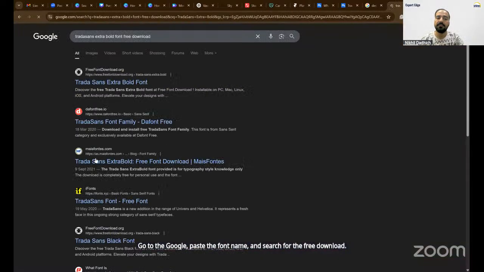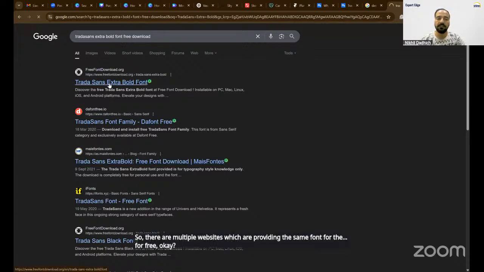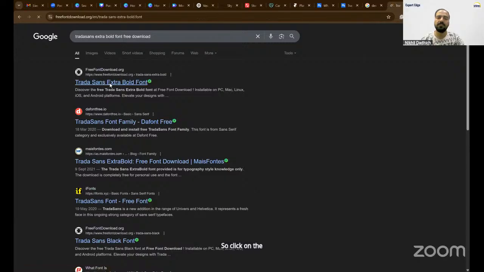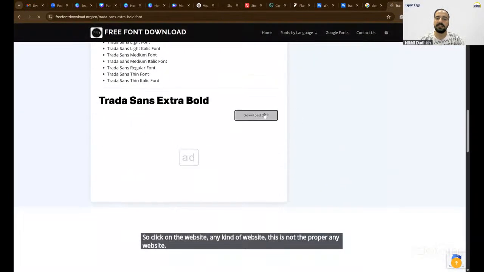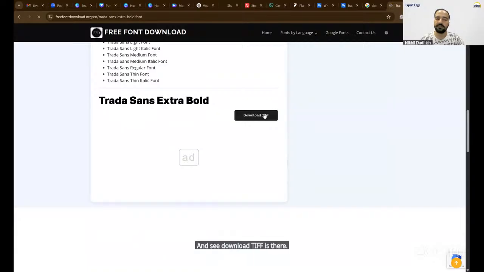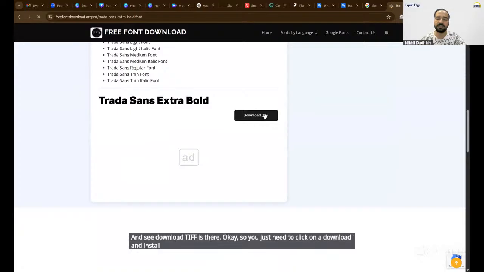There are multiple websites which are providing the same font for free. Okay, so click on any website. This is not a proper website, but see, the download is there. You just need to click on download and install. You already know how to install the font. Okay, next one is